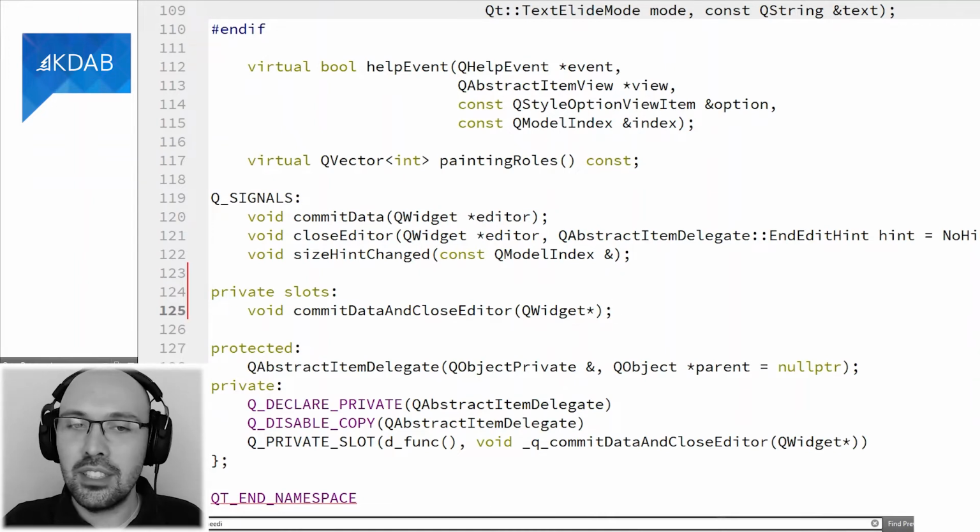Okay, would this also impede connecting to this slot? The answer is unfortunately no. You can still connect to this slot, or you can still trigger this slot in at least a couple different ways. Sure, if you try the new syntax, the pointer to member function syntax for connecting, you can't do that because you're not allowed to take the address of a function which is private. So the compiler is going to block you right away and will tell you, you can't do that. You can't take the address of a private member of a class.